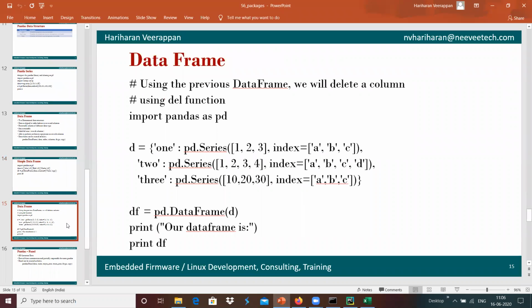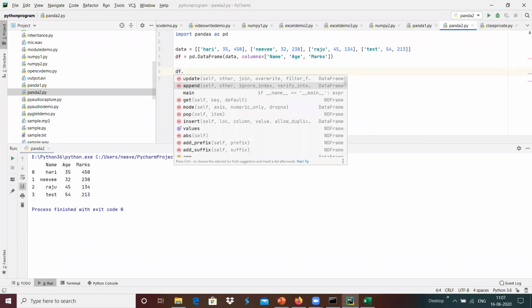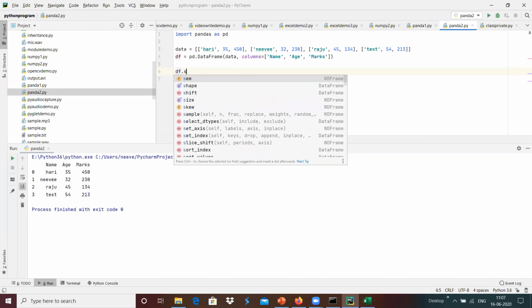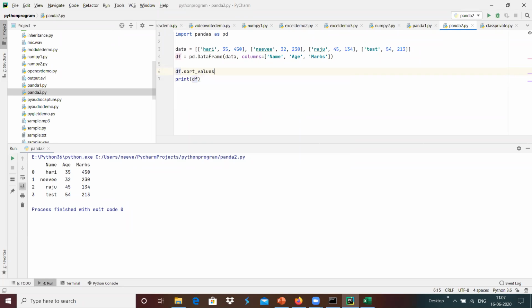For example, we have the option something like df dot, maybe.